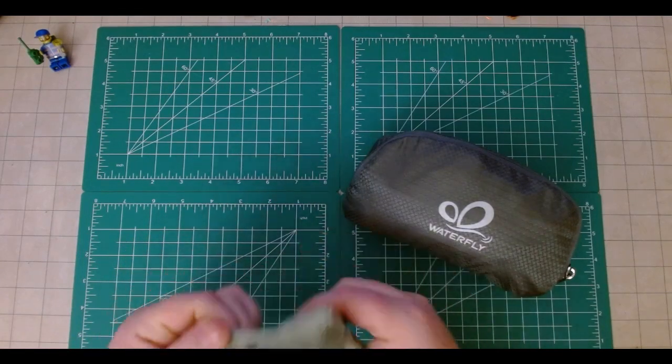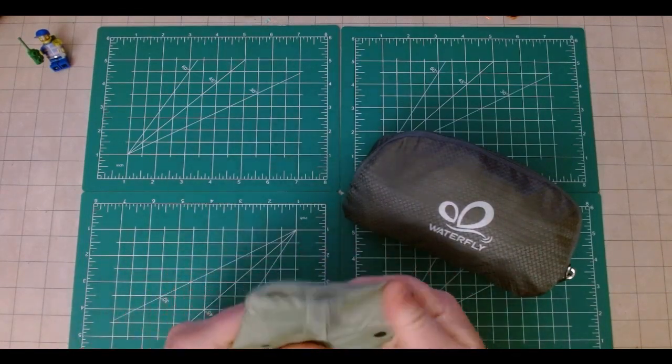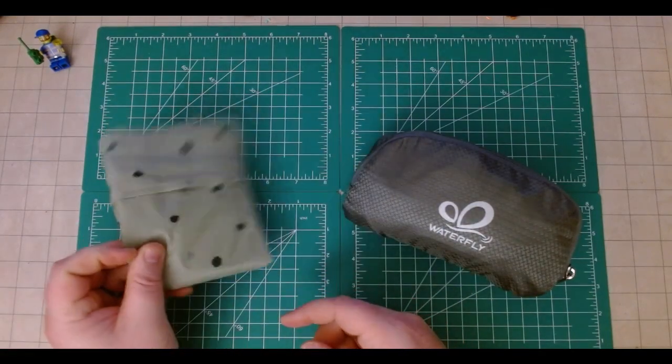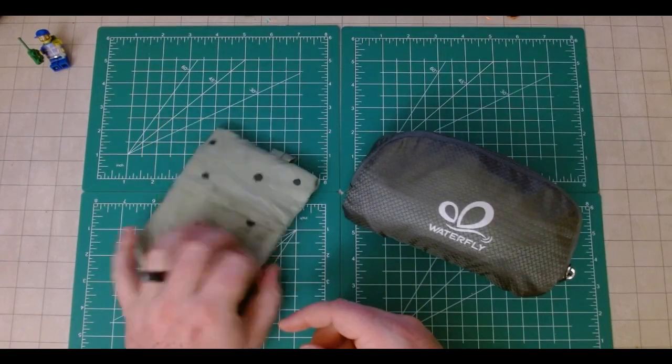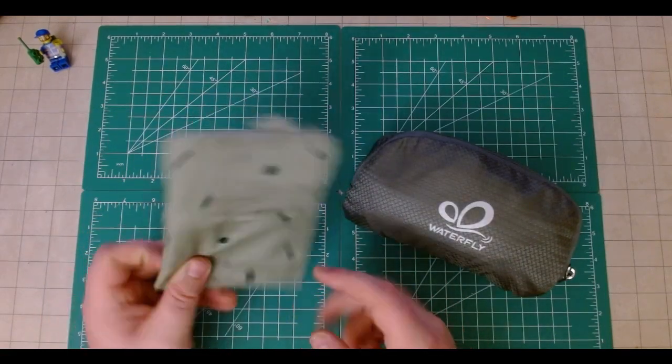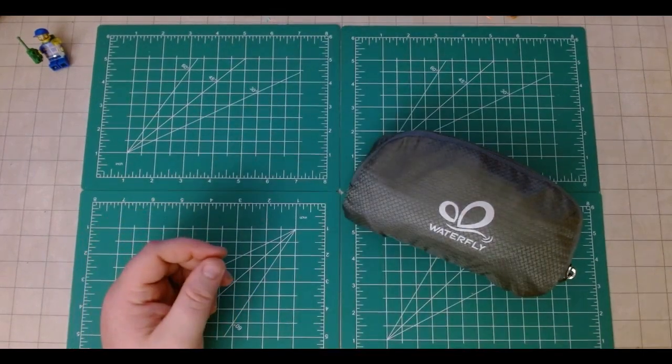Let's get this packed up because I promised her I wouldn't leave it a mess. Perfect. These are great, by the way. Pick them up. They're awesome. Whether you're going to carry groceries or even throw them in another bag, just to carry around trinkets or whatever, pick these up. Anyways,